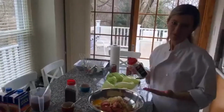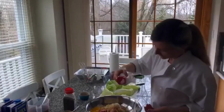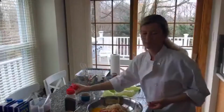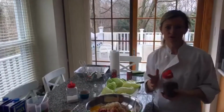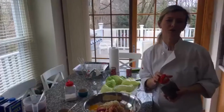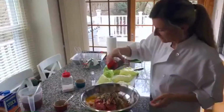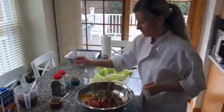Now I'm adding salt. I really don't have a measurement. I cook a lot and I usually don't measure how much salt, so I think it will be good. It usually works. And it's better when it's not over salted, because then you cannot do anything. Once your gołąbki are baked, you can pull one out and check if they are salty enough. If not, then you add more salt to your sauce and that will even it out. Okay, some pepper,